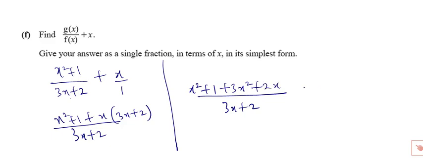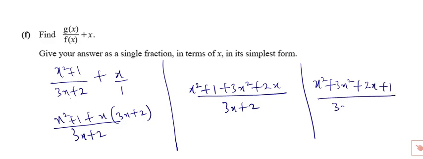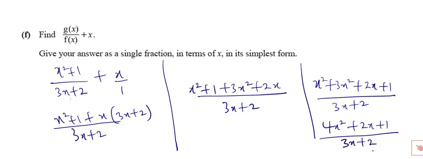Now collecting like terms, we have x squared plus 3x squared plus 2x plus 1 all over 3x plus 2, which can be written as 4x squared plus 2x plus 1 all over 3x plus 2. And that's the final